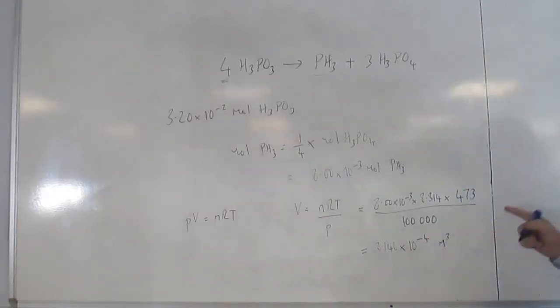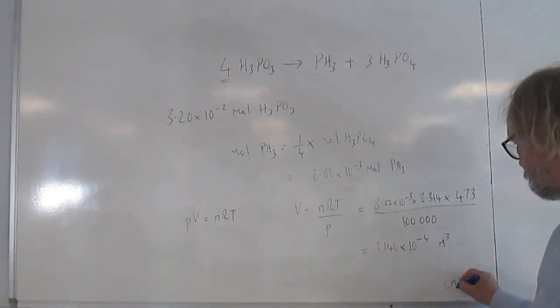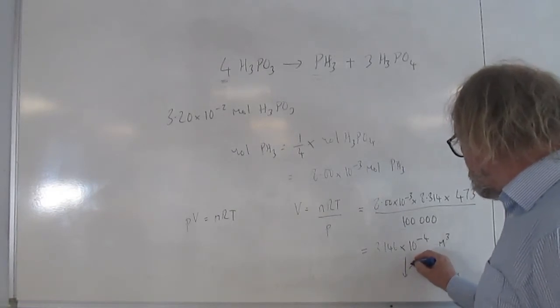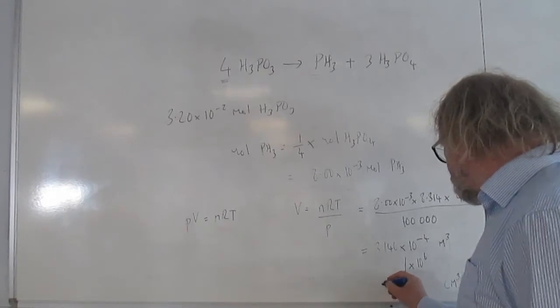Okay, so this is the one chemistry calculation where the volume isn't in dm cubed, it's actually in cubic meters. And you have to remember that. So on the answer line, they didn't ask for cubic meters, they asked for cubic centimeters. And you need to know the relationship. So there are 1,000 cubic centimeters in a dm cubed, and there are 1,000 dm cubed in a cubic meter. So therefore there are 1,000,000 cm cubed in a meter cubed. So we've got to multiply by 1,000,000, which gives you 314.6